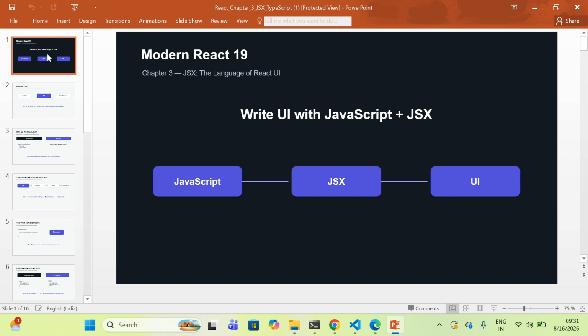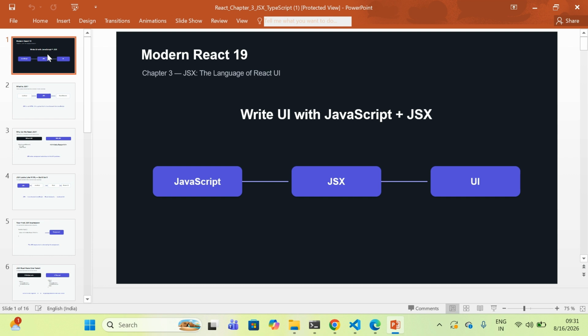You may have noticed that inside our TypeScript file, we are writing something that looks like HTML. So naturally, the question is, is that HTML? The answer is no. JSX is one of the most important concepts to understand if you want to become competent with React. So, in this chapter, we are going to understand not only how to write JSX, but more importantly, why JSX exists, how it works, and how it connects our JavaScript or TypeScript code to the user interface.